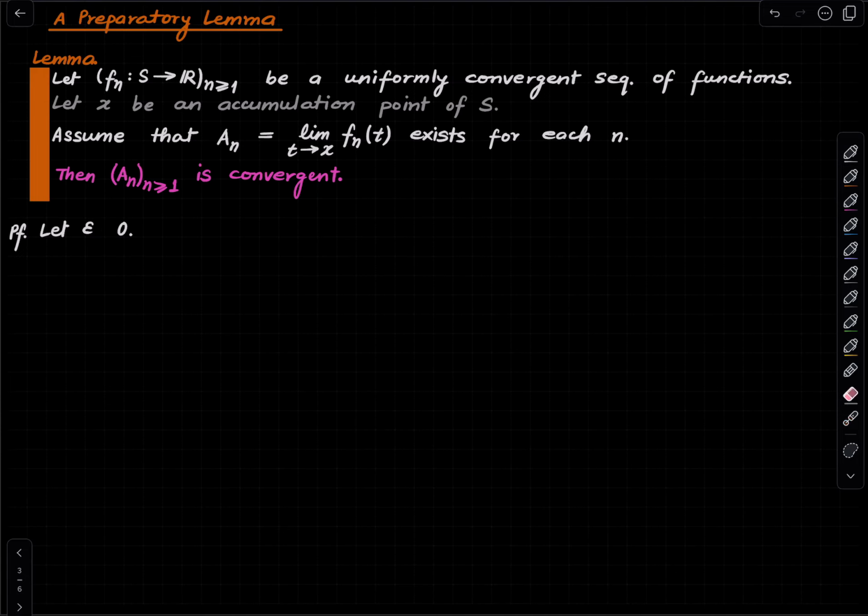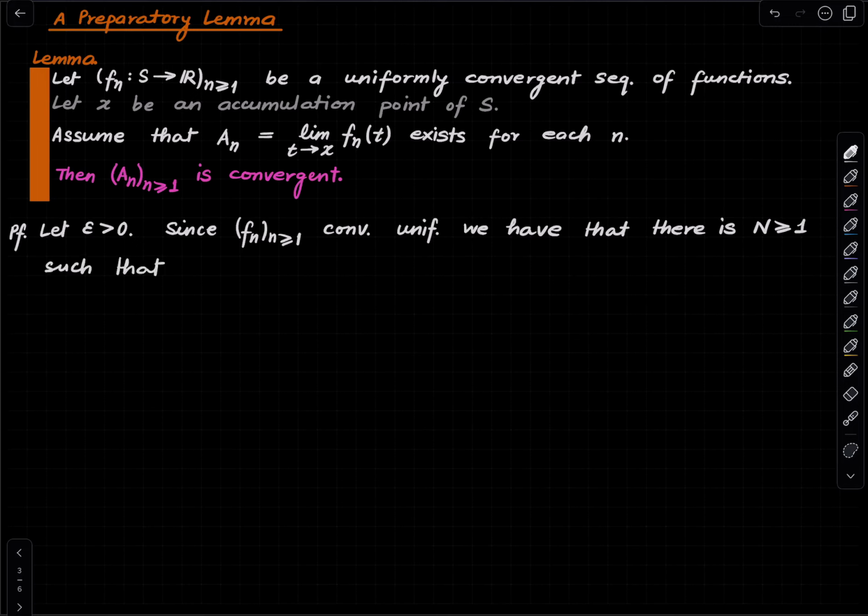Since this converges uniformly, by Cauchy's criterion for uniform convergence, there is some natural number N such that